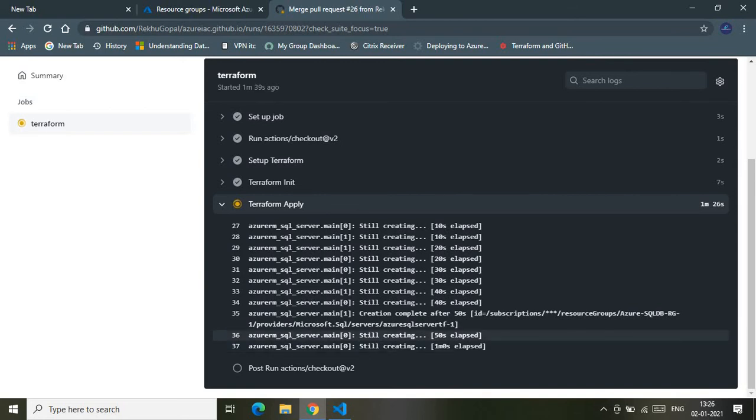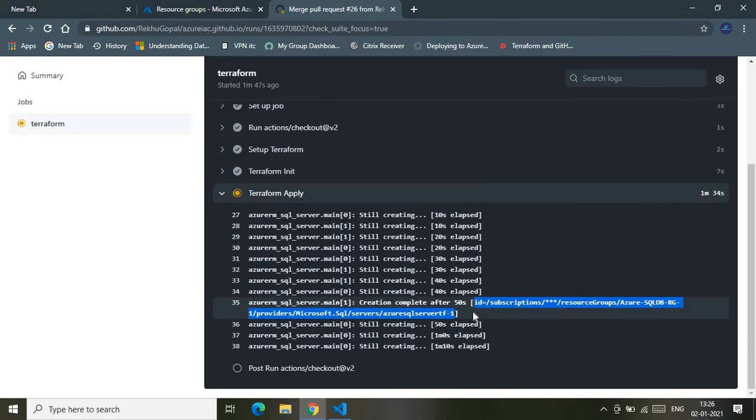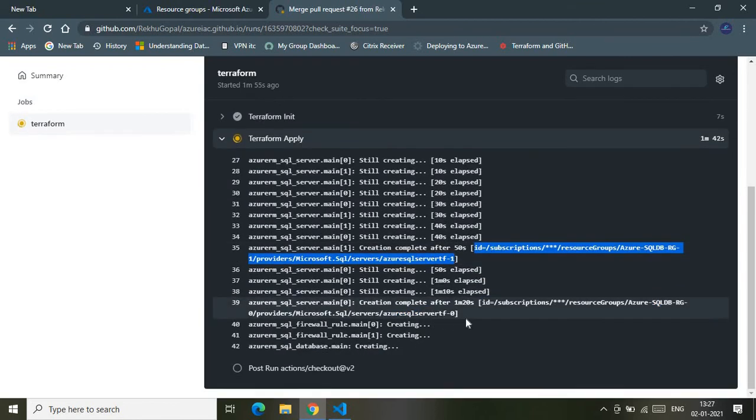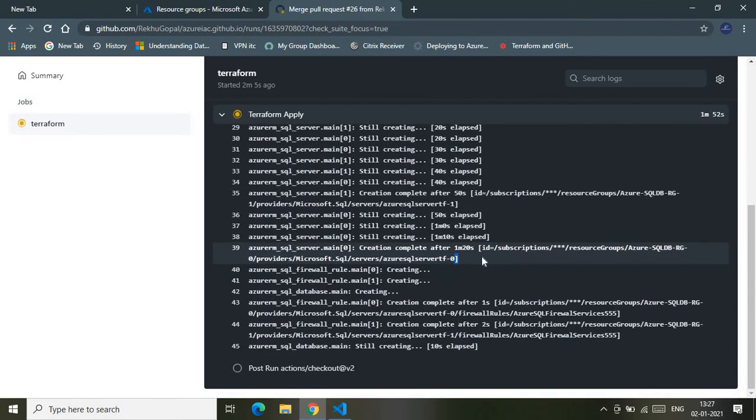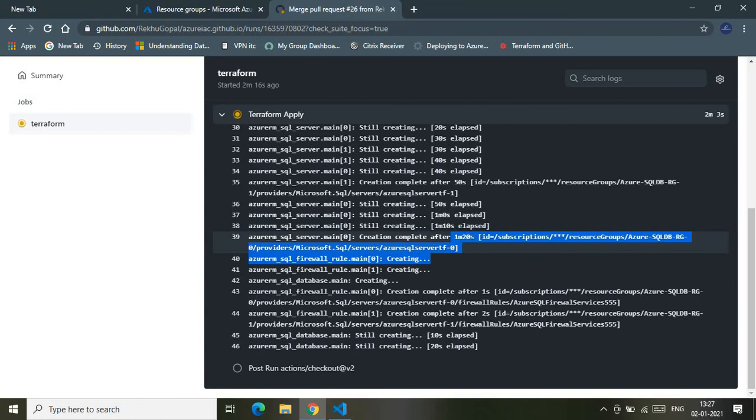It also shows the ID of the service which got created successfully. We need to wait for at least 8 to 9 minutes so that it finishes its task, because as I said, it's a lengthy process of creating multiple resources, and it's a big demo. So it would be taking time, and I believe this is worthy for you to go through the logs. I always recommend you to go through the logs because once you go through them in parallel, you will understand what Terraform is actually doing. Once you know how Terraform works,